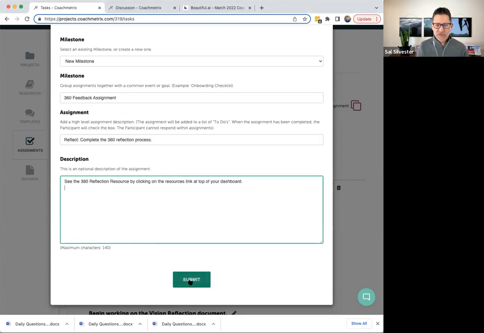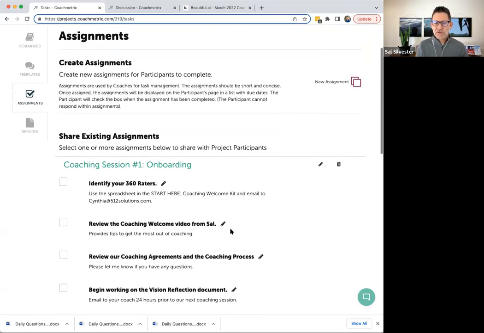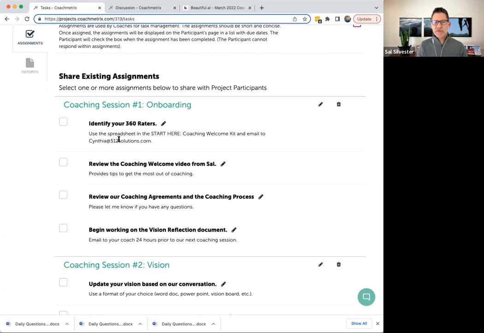And then once you create that assignment, it's housed in the body of your assignments library, if you will.